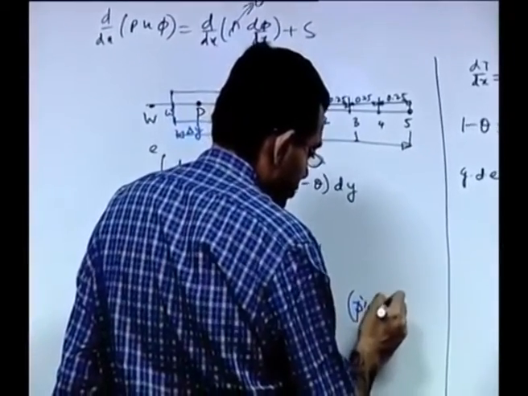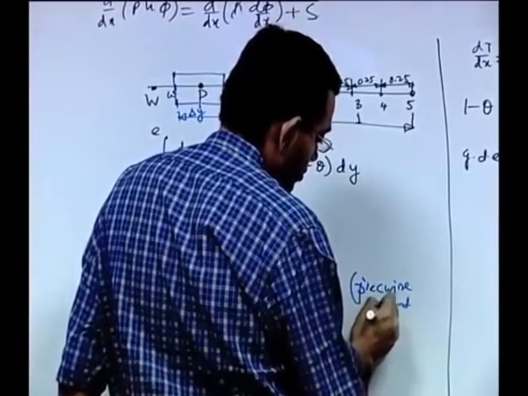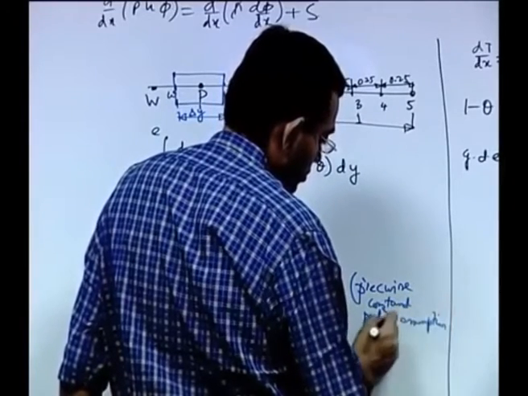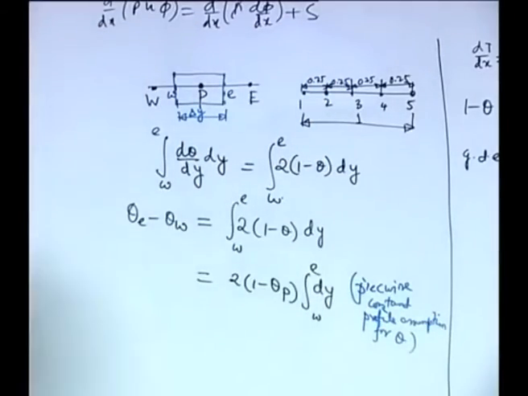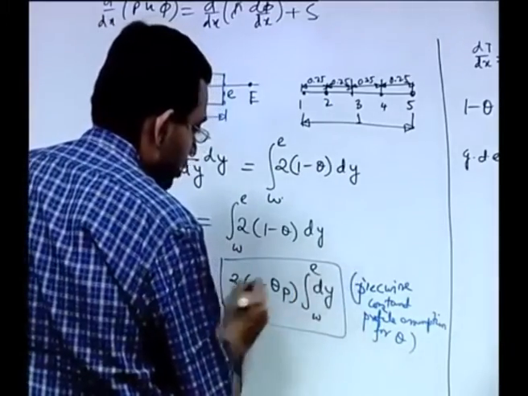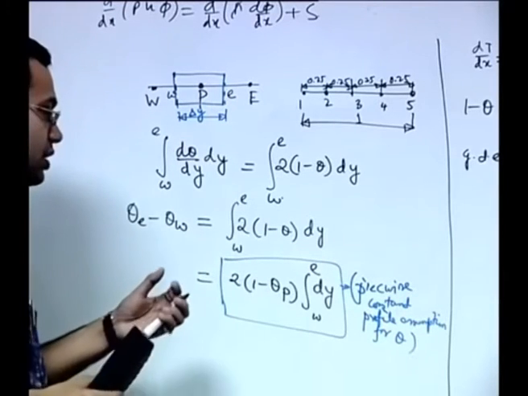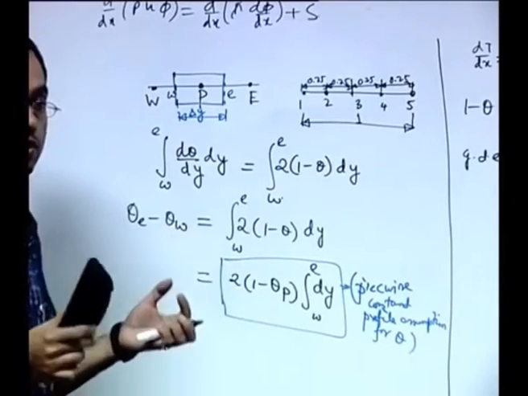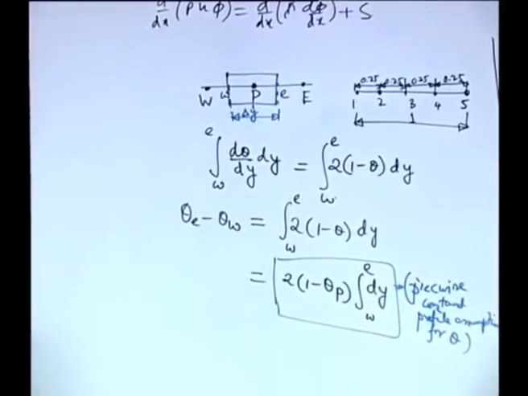Piecewise constant for theta, that is for this particular term, but not the left hand side. Left hand side also is some constant, but that constant is not a unique choice, it depends on the flow direction, because it has to be based on the upwind scheme, that is what is a part of the question.